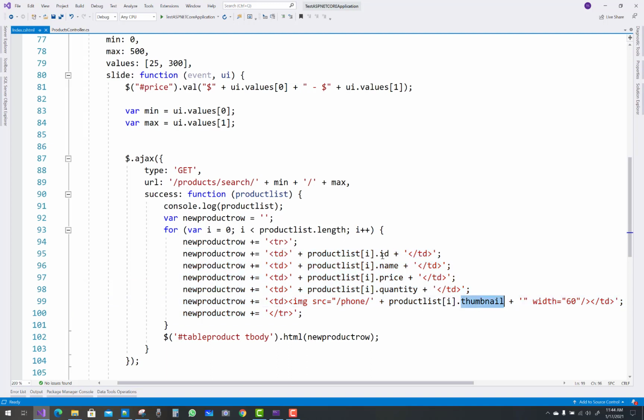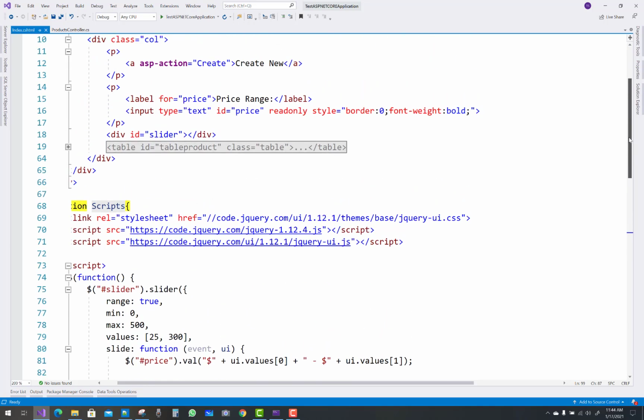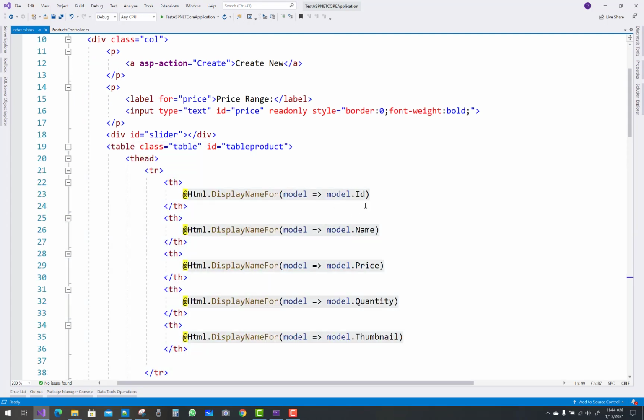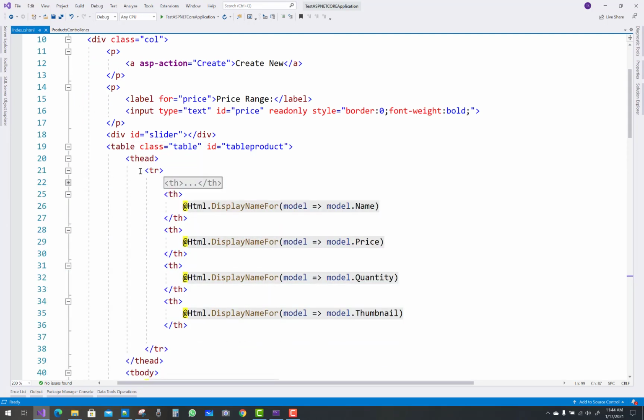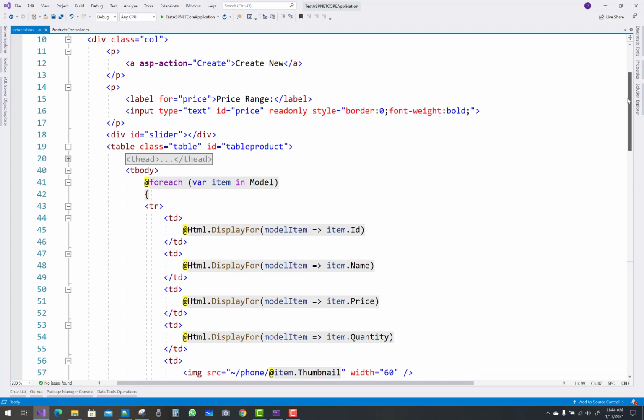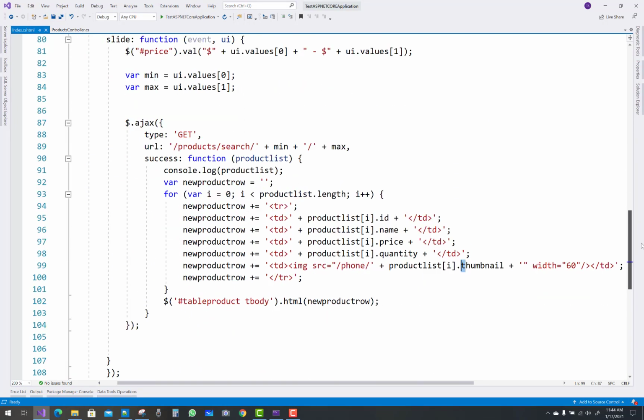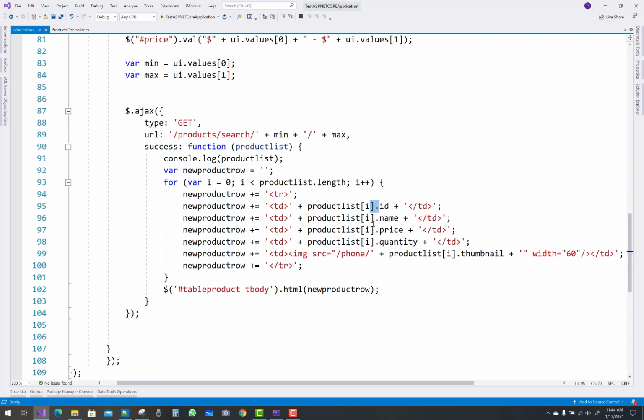You must use lowercase first letters in JavaScript: id, name, price, quantity, and thumbnail, although in the model class the first letter is capital. After that, the table product tbody is assigned the HTML of the new product row.